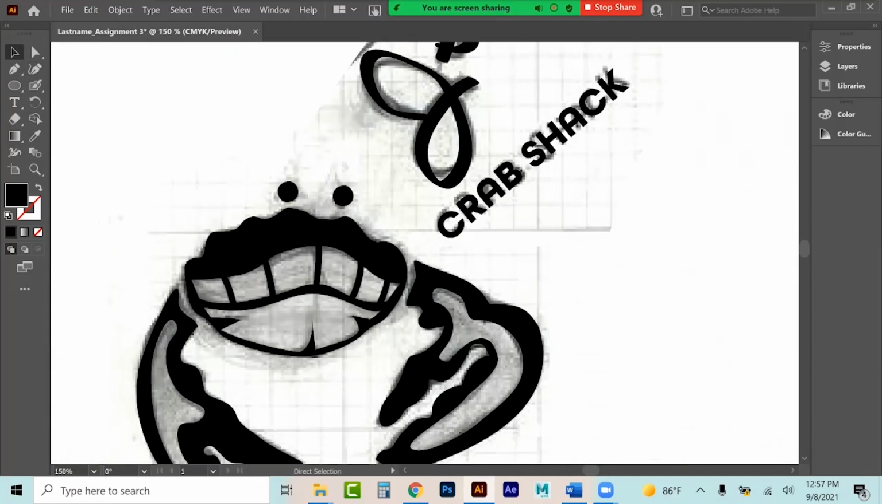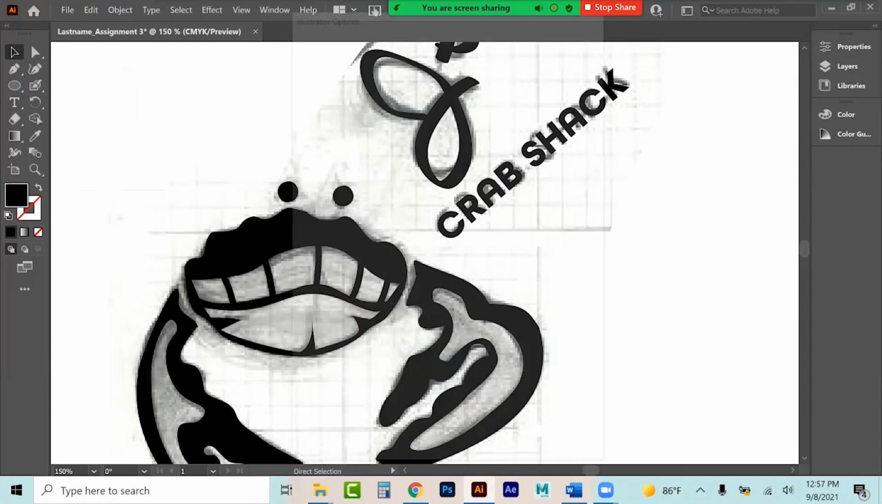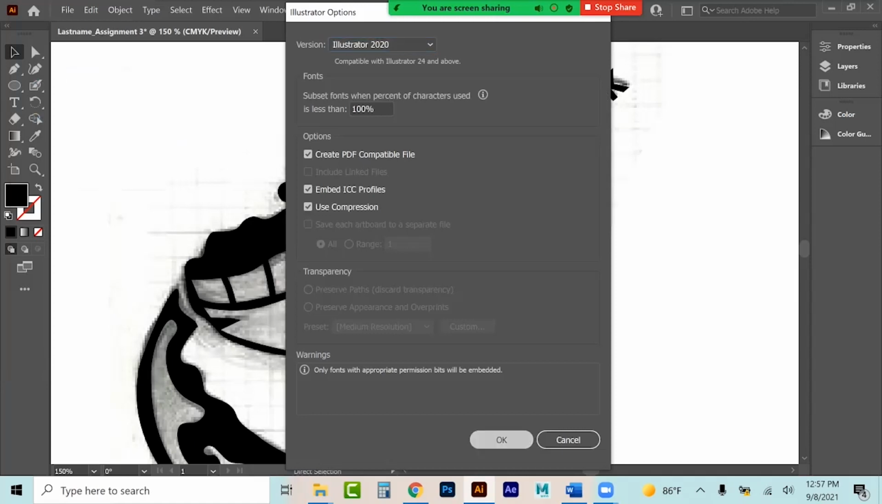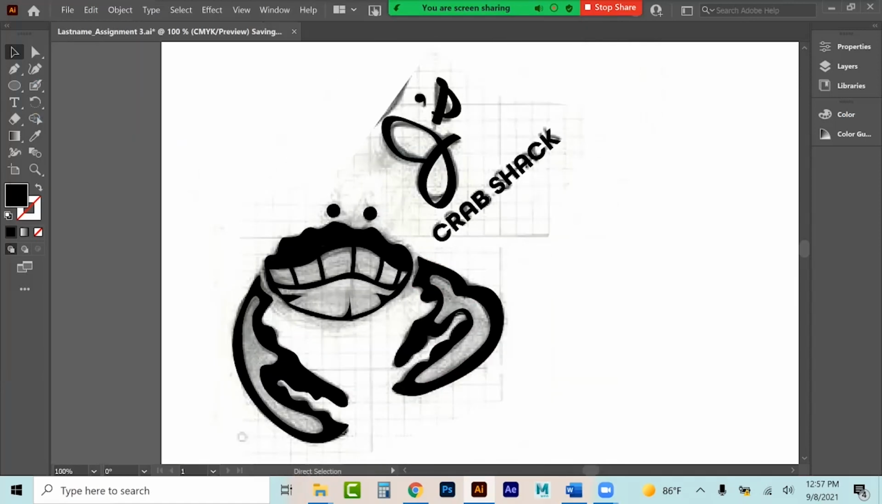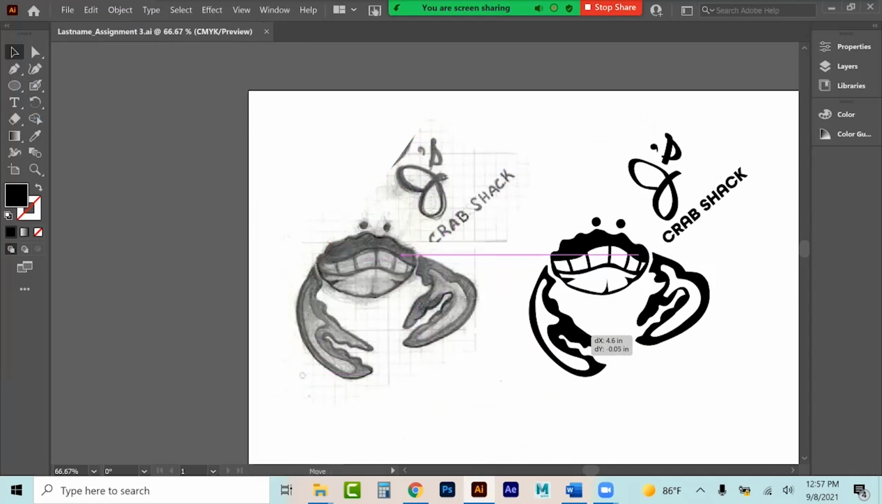This might be a good time to just save. I just hit Control S. I'm going to save it, assignment 3. Save it. It already knows to go to the right folder. Hit save. And again, we're just going to live with the default 2020 version. And you see now we have a really nice version of our logo,